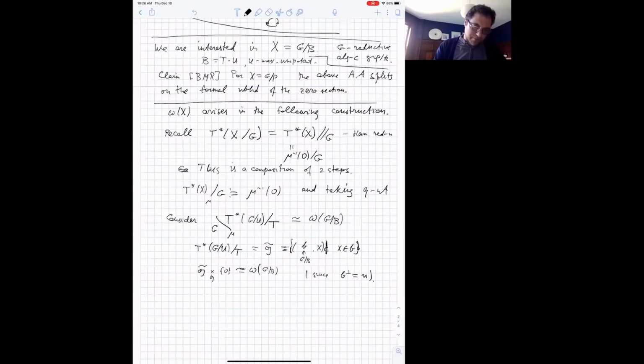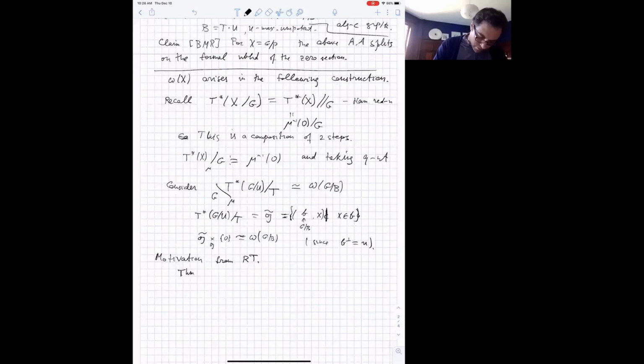Okay, so there's a strange construction leading to the same answer. The motivation comes from representation theory. So the following theorem, with co-authors, is that, again, p is sufficiently large, and then